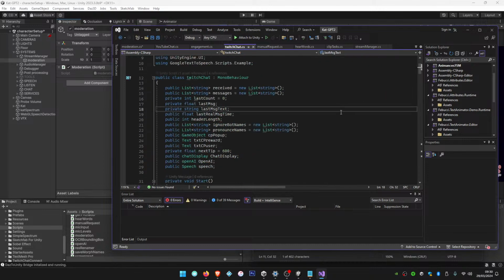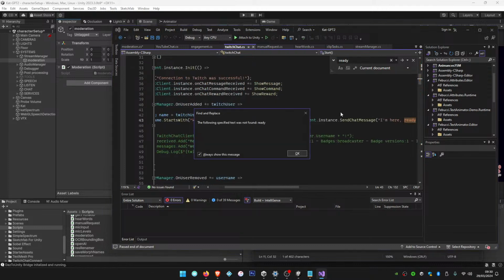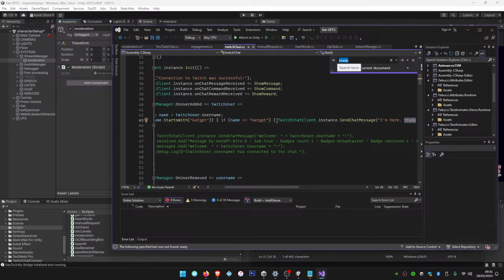Yeah, here it is. So it's a Twitch chat client .instance, and then we use the function name send chat message. Okay, so there's our syntax there. So in our moderation script,